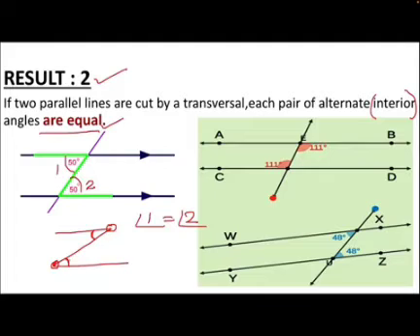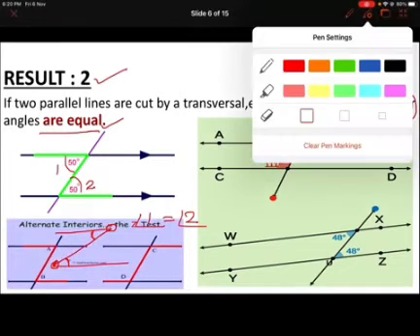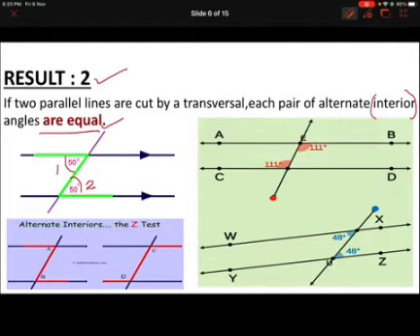Here one more figure is there for you children. You can see here this is one pair of alternate interior angles. If this is 111 degrees, this is also 111 degrees. How do we know? Because we just learned that alternate interior angles are equal. Okay? Next. Alternate interior angles. You can see one more. Look for the shape Z, children. I told you. That's how you can identify.